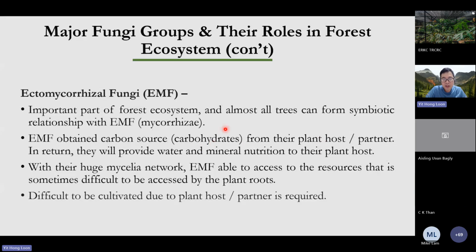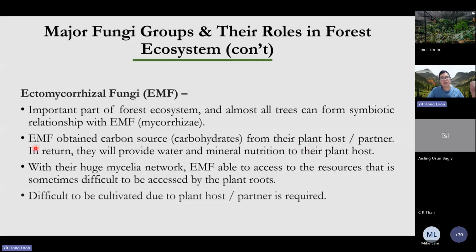So these carbohydrates will supply to the fungi. So in return, the fungi will provide water and nutrient to the plant host. Okay, so both are in a win-win partnership. So the fungi supply the water and the nutrient to the plant, and the plant in return provides the food